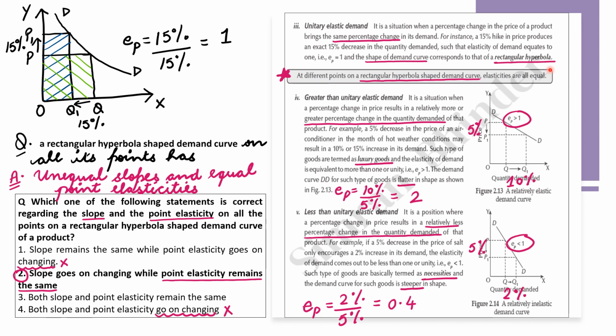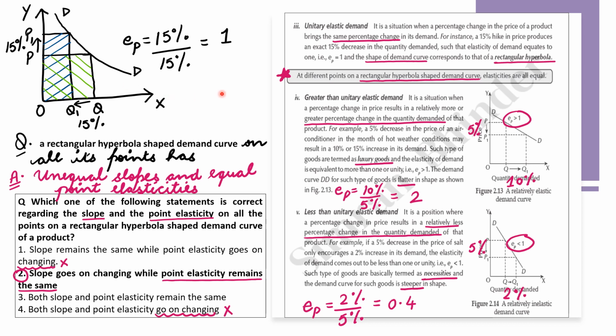It states that whatever the area that comes under the demand curve, it is constant with respect to all the price and demand combinations. So first of all, I will make you understand what is a rectangular hyperbola from this figure. You can see that there are two rectangles. One is this one, which I have marked in blue color, and the second rectangle is this one, which I have marked in green color. So both these rectangles come under the demand curve, and the feature of rectangular hyperbola is that the area of these two rectangles is constant, whatever be the price and demand combinations, right?